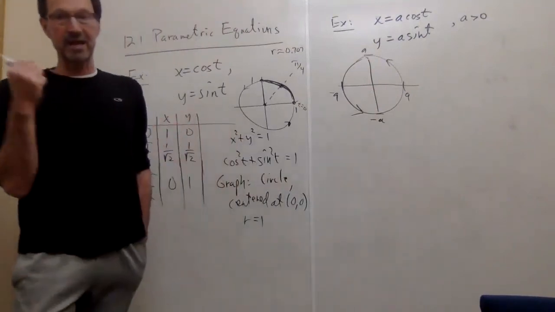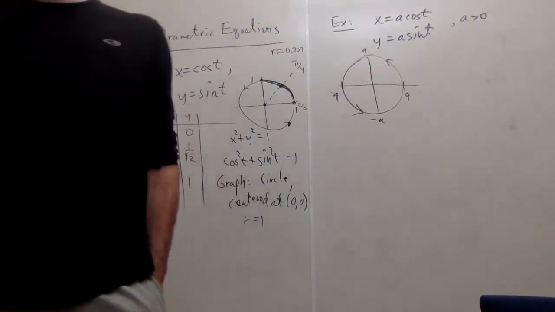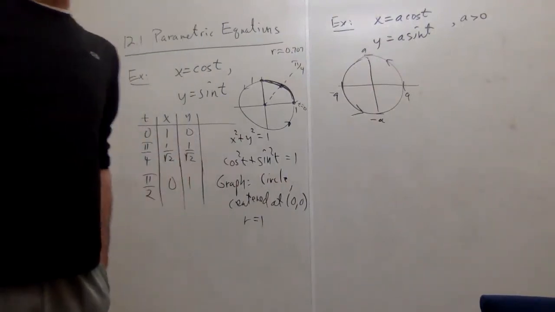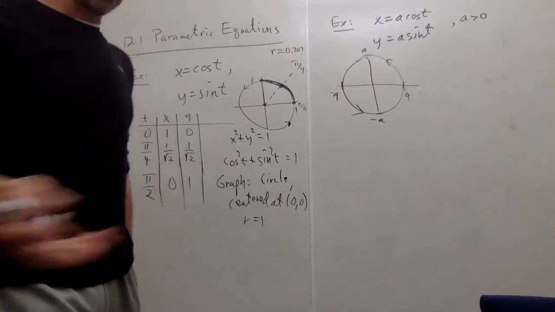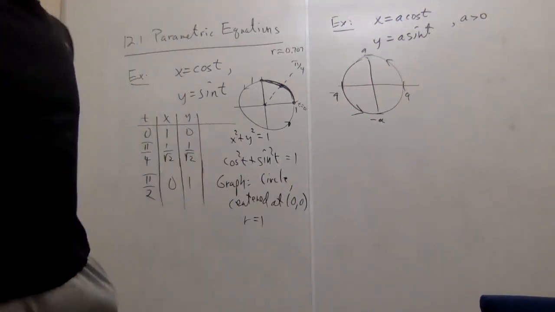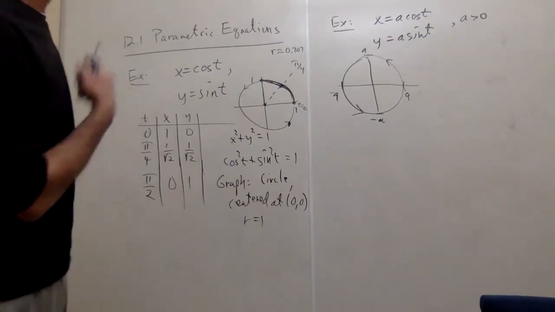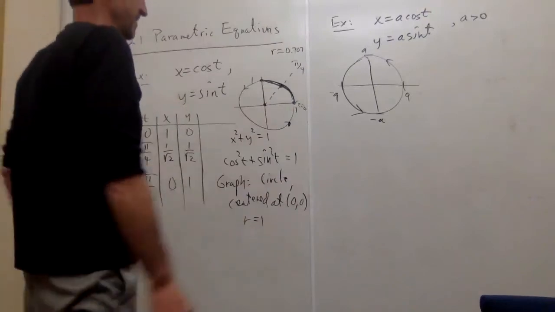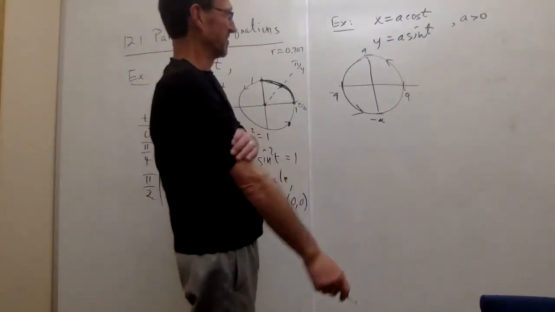If a were a negative number, we would still have a circle. The radius would be the absolute value of a. That is, we don't want to talk about a negative radius. And if a were negative, it may flip the orientation to be clockwise instead of counterclockwise. Not important. We could figure it out. I don't really want to figure it out. And maybe it'll show up in your homework. So